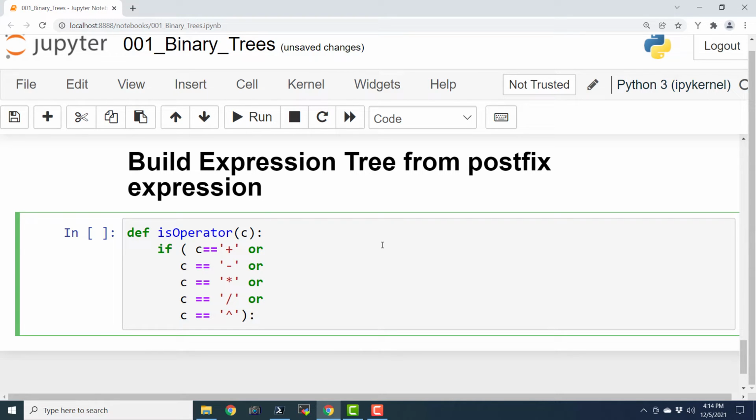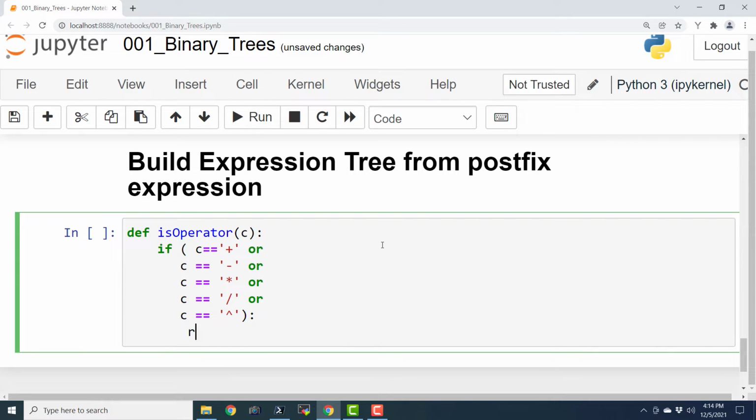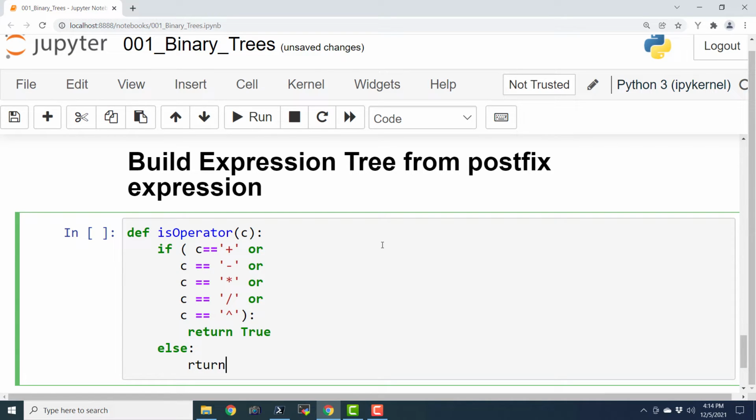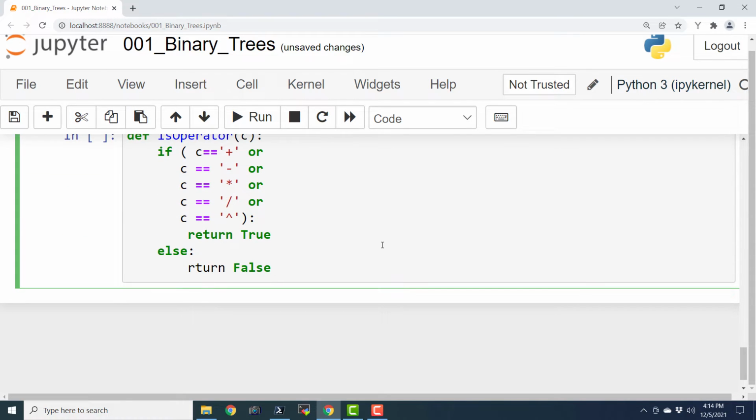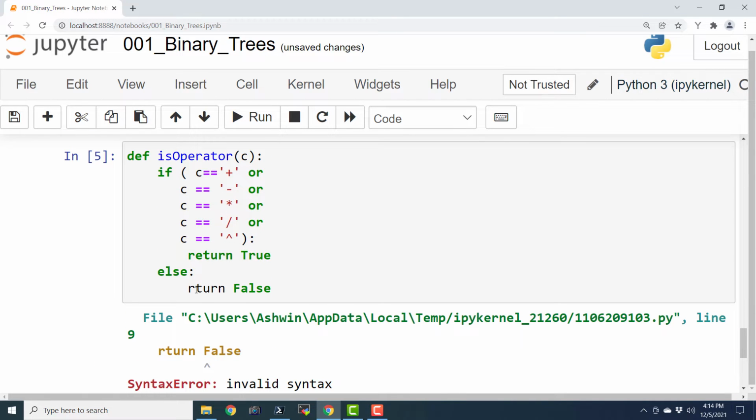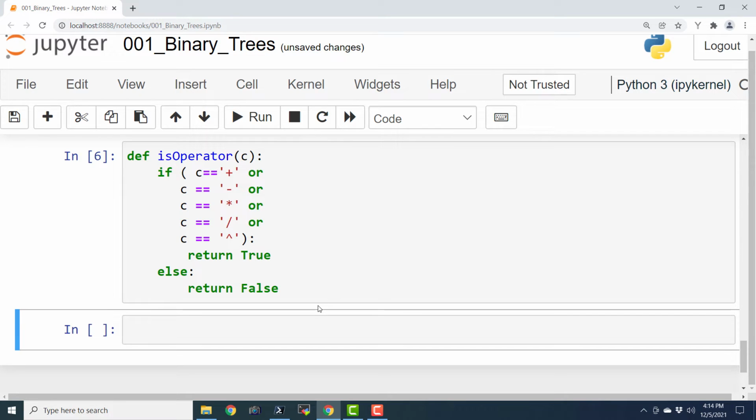So if c belongs to any one of these, then return true, else return false. So this is the simple function is_operator. I guess I made a small syntax error, and yes.